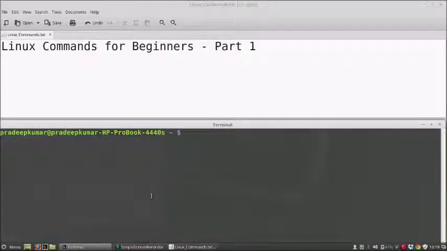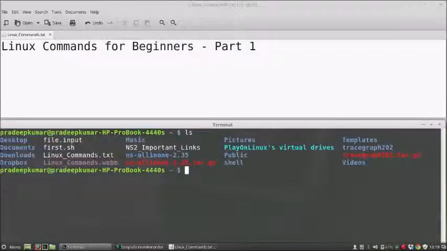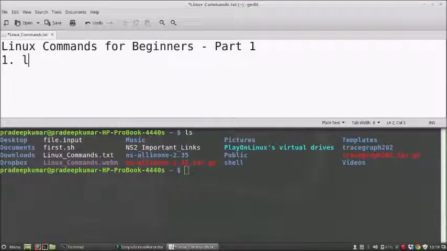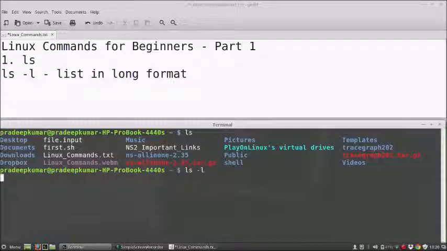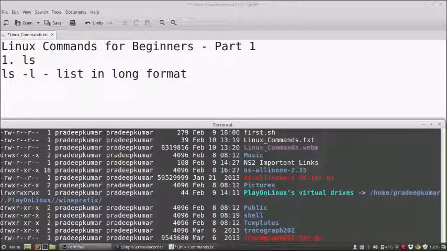Now the first command anyone will try out will be the ls command. ls is the command to list the files and folders of Linux. ls takes various formats. ls space -l means a list in long format, which means it will show you all the details available. For example, ls -l will show you the name of the file, the name of the owner, the name of the group, the size of the file, and which date it was created. And we have some mode. Shortly I'll come to this mode of the file.